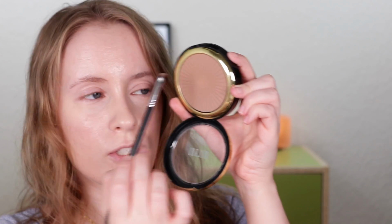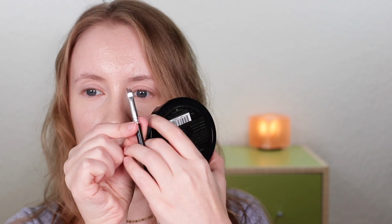So for this, I'm actually going to be using a little angled brow brush, but what would be even better is one of those little detailed straight liner brushes that's just kind of like a little pointy. I'll pop a picture on the screen of what I'm talking about because obviously I don't know how to describe it in words. I've been meaning to get a brush like that for the longest time and I keep forgetting, so I'm just going to use an angled brush, and I am just going to focus the pointy tip of this on kind of the longer side